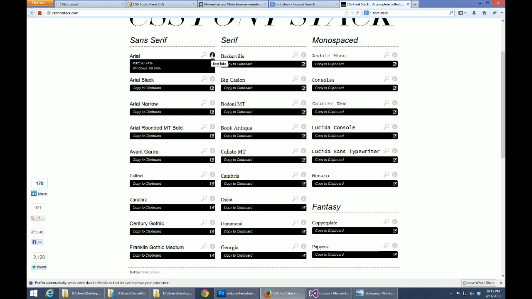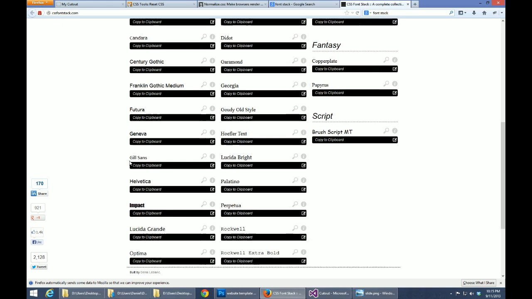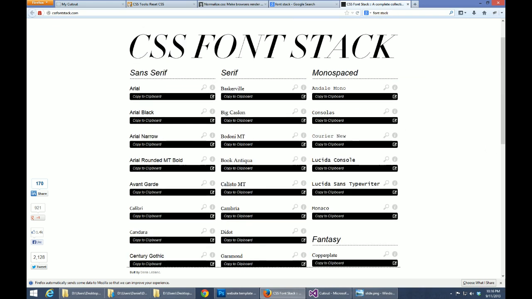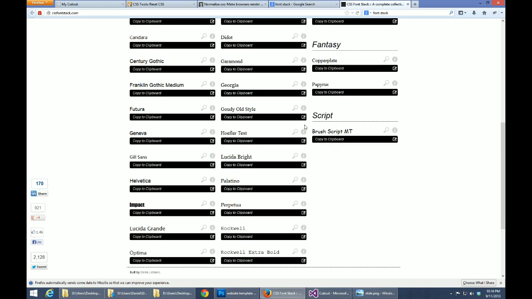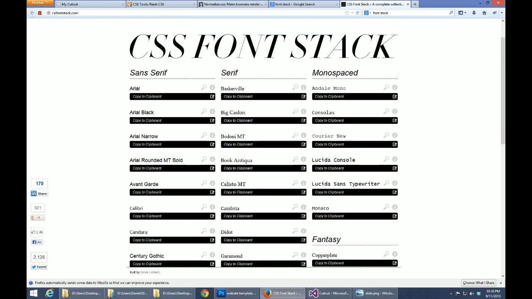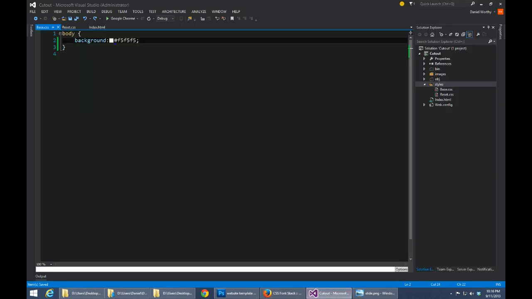gives you the percentage of supported operating systems. So for instance, with Arial you get 98% Mac support and 99% Windows support. If we go over to everybody's favorite Helvetica, you get 100% Mac support and 7% Windows support. So yeah, this is a great tool to find web-friendly font stacks and not have to rely on a third party to import your font, which can be costly on bandwidth and